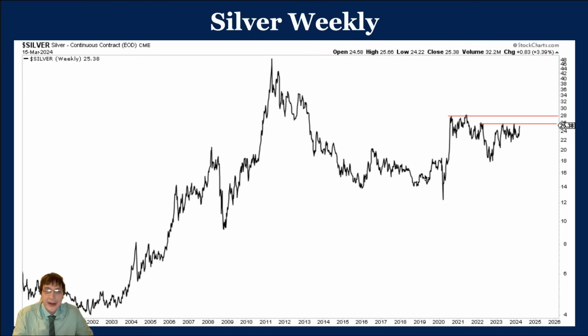So, with that history, let's see how that applies to today. Now, fortunately, there's a clear breakout level for silver. Well, there's actually two levels, so not fortunately. This is a weekly line chart, by the way. If you look at a weekly line chart, or you're using weekly closing prices or even monthly closing prices,